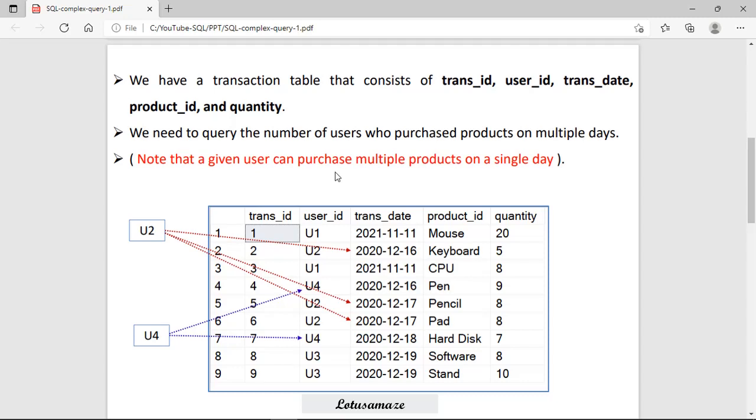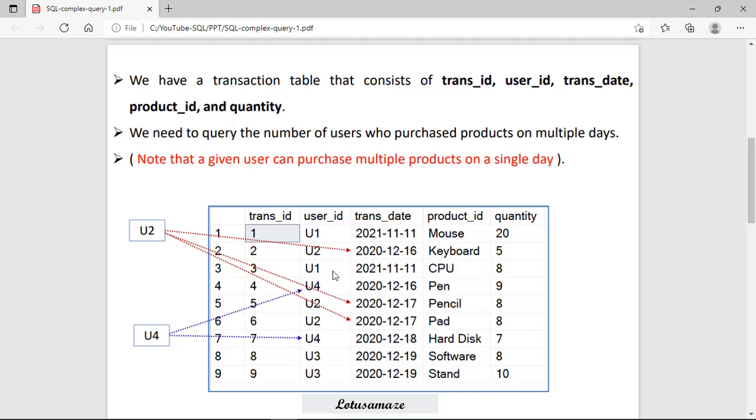So in the diagram you can see, if we check user 1, U1, then 11th November, first purchase, second purchase on the same date. And then user 2, December 16, first purchase, then December 17 and December 17. Means purchasing on multiple days, 16 and 17.